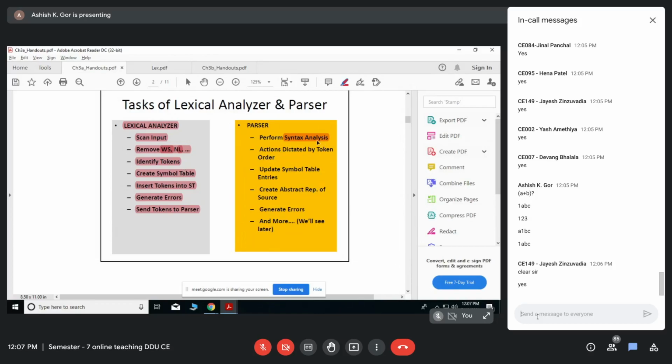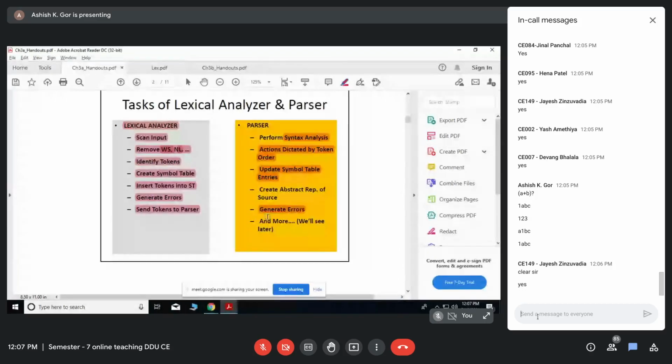The compiler has its own syntax analyzer, which checks whether the things that you have written are proper or not. Actions are dictated by token order, so the order of tokens matters. It updates the symbol table entries, which we will see later, and finally generates syntax errors. We will be seeing more of these things later.